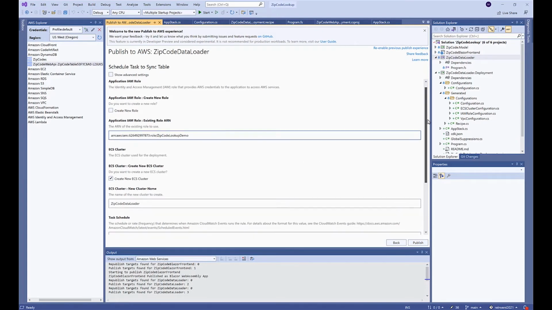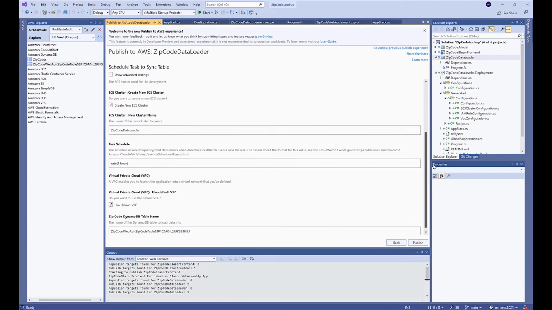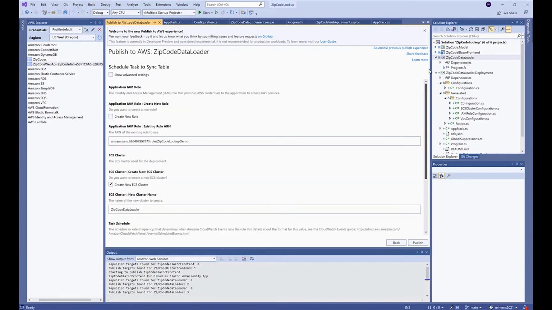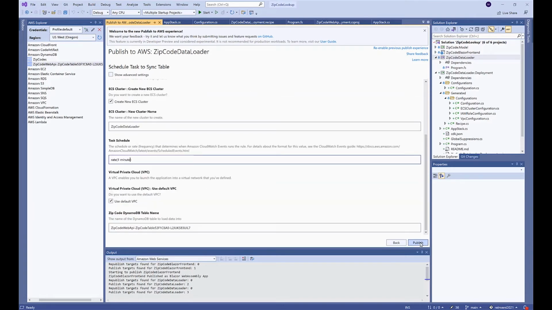And then let's see, what else should we do here? I think I would like to see if we can get this to actually run while we're talking today. So instead of saying run this every hour, I'm going to say let's run it every minute, which I know is a bit ridiculous, but I want to see if I can get all three of our components running during our talk today. And with that, though, let's go ahead and push publish.